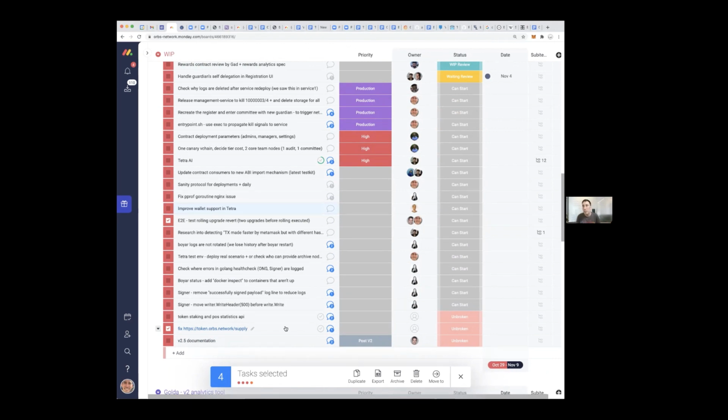And in this particular example, one of the changes that we've made recently in our proof of stake ecosystem. This is not really directly related to V2.5, but it's just an ongoing task that we have to